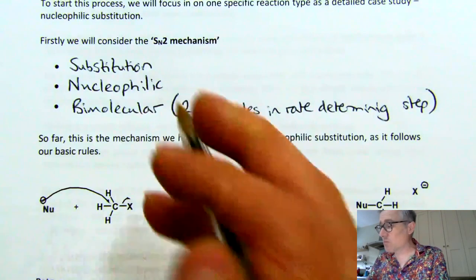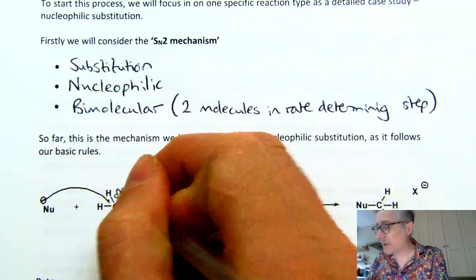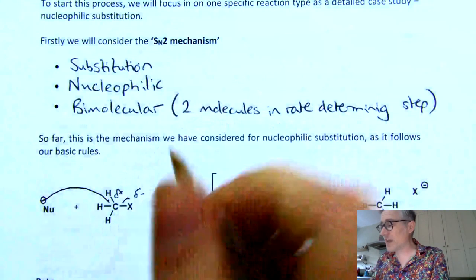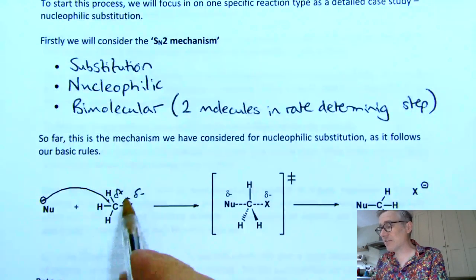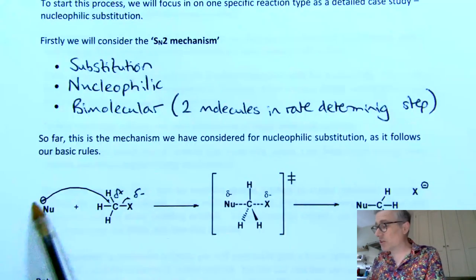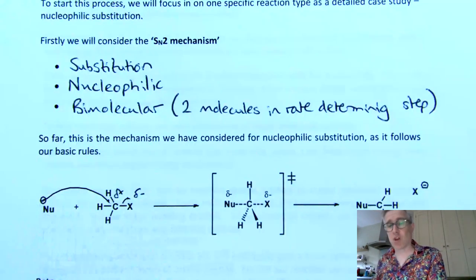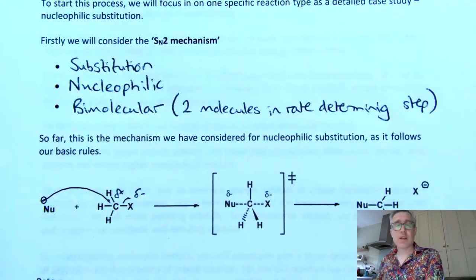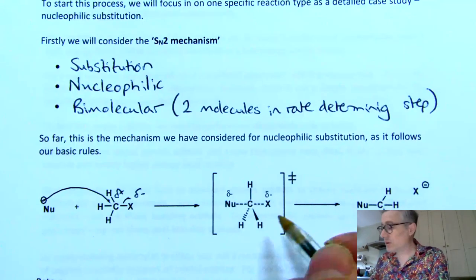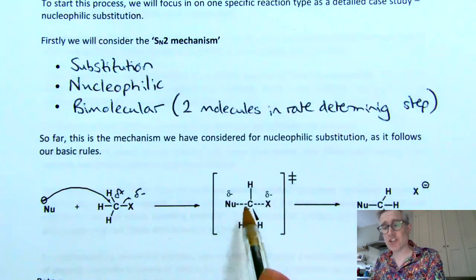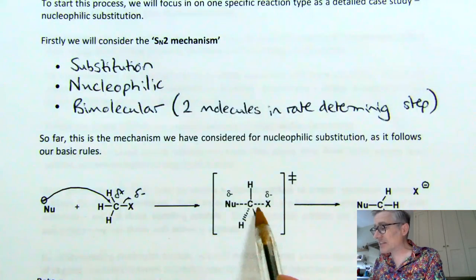The negative charge moves towards the carbon because it's delta positive, and the electrons want to end up on the delta negative electron withdrawing X atom. So the nucleophile attacks this molecule and kicks out the leaving group. It does that all in one step. So it goes through this situation where the nucleophile is half attached and the X is half